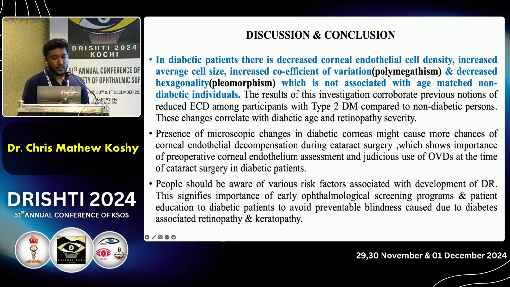Coming to the discussion and conclusion, in diabetic patients there is decreased corneal endothelial cell density, increased average cell size, increased coefficient of variation, that is polymegathism, and decreased hexagonality, that is pleomorphism, which is not seen in age-matched non-diabetic individuals. The results of this investigation corroborate previous notions of reduced endothelial cell density among participants with type 2 diabetes mellitus compared to non-diabetic persons. These changes correlate with diabetes duration and retinopathy severity, and the presence of microscopic changes in diabetic corneas might cause more chances of corneal endothelial decompensation